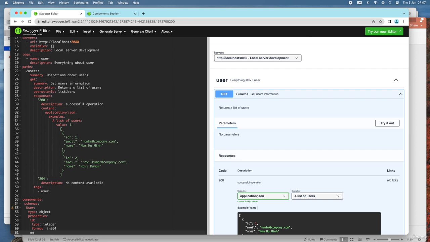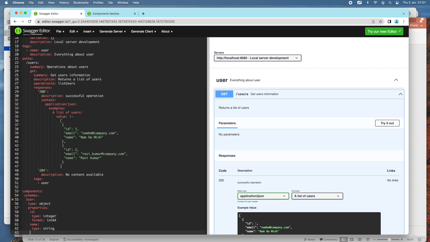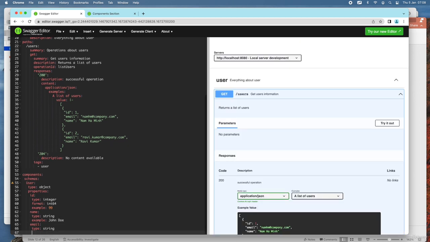The field name has the type string and the field email has type string. You can type example here. Example of ID, for example 99, and example of name, example John Doe, and example of email